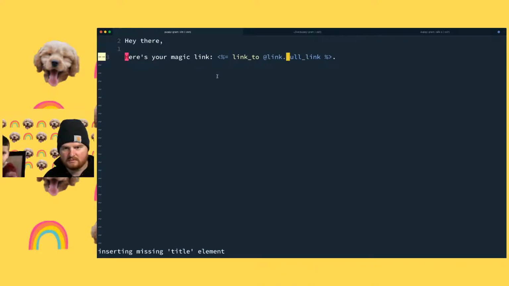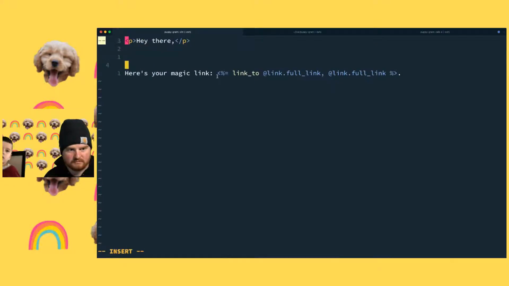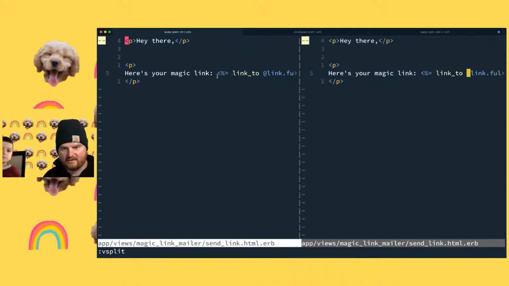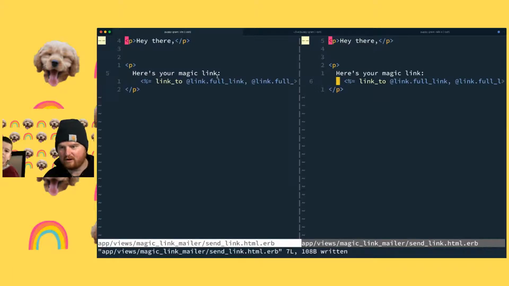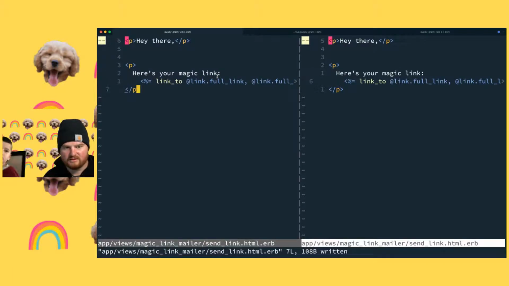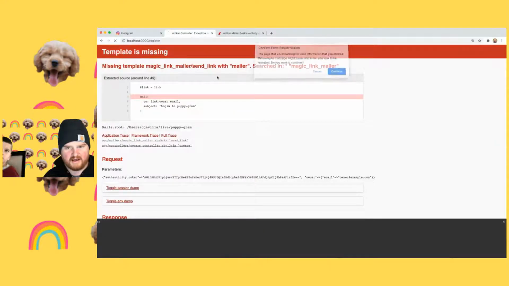All right, let's see what this does. Okay. Link full link. What is that for? The link, this at link right here, is going to reference an instance of a magic link. So I think this is going to send an email that has